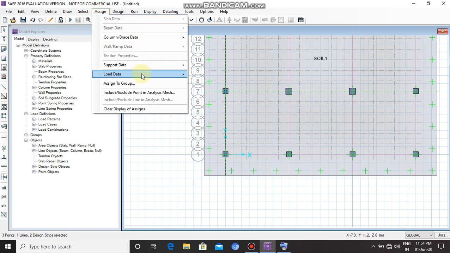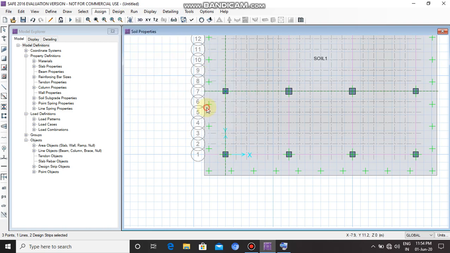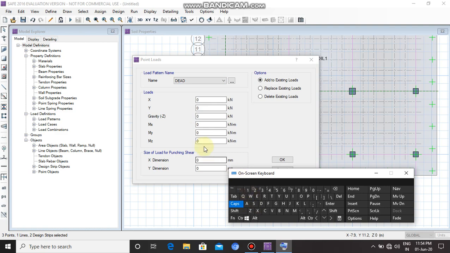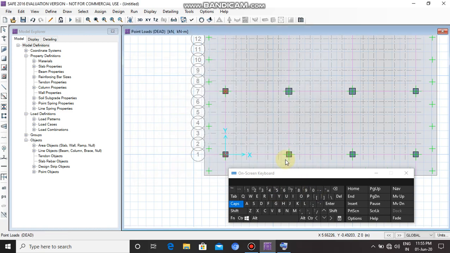Assign, load data, point load, keep it as dead, 1850 kilonewton. X dimension is 500, Y dimension is 500, and then click on OK.